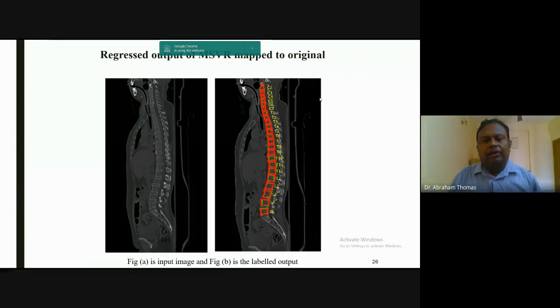But maybe if we have sufficient training data of sagittal views of people across all ages, and if you train it on all of them, then this boundary regression will work really well for all the age groups. I don't know the medical part of it.